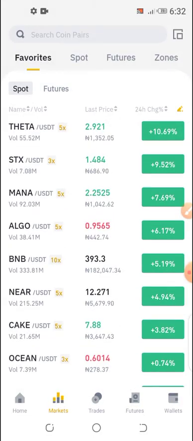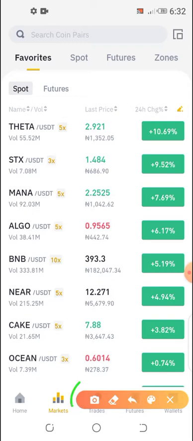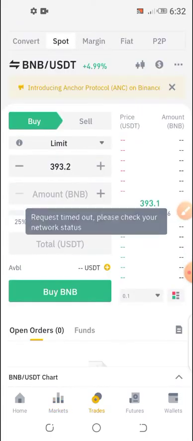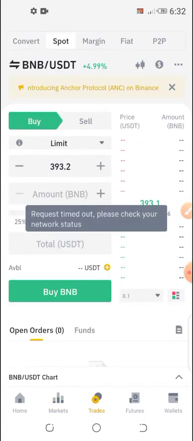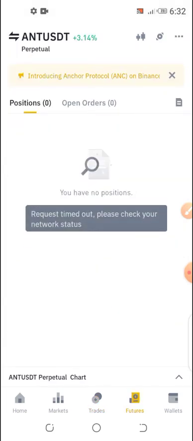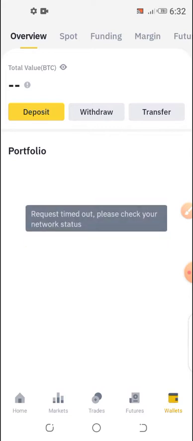Now, you also look down here. Sorry that this thing is blocking it. You see trades, you see futures, and you see wallets. Trades, of course, are the trades you are embarking on in your spot. And then futures, I've already explained futures. And then for wallets,